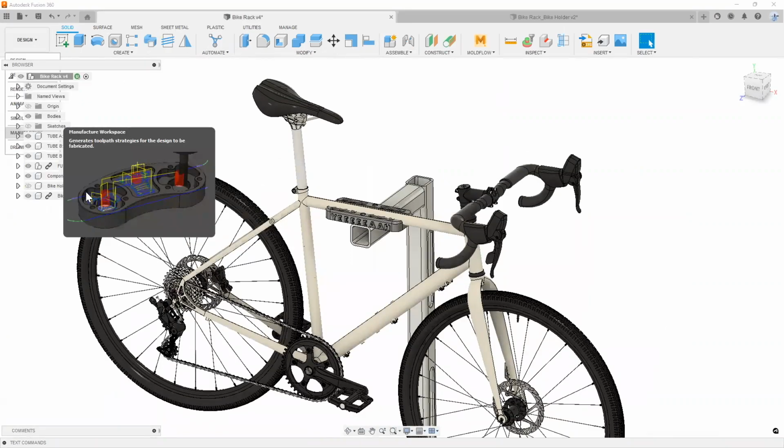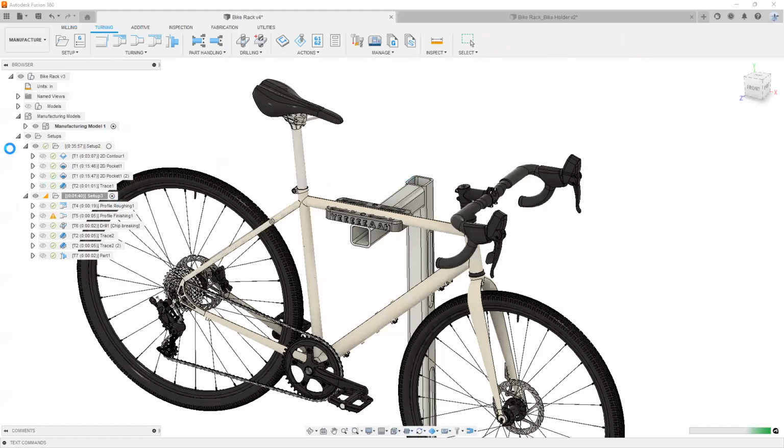I'm just going to jump back into manufacturing here so we can see what those toolpaths look like. Simply what you would do is right click on any one of these toolpaths here, hit that post processor button, make sure that you have the right machine setup and the right post setup, and you should be well on your way to spitting out the NC code. So you just went from a part setup in your machine, or some tubing that was in your garage, to an actual finished part that you can assemble into a bike